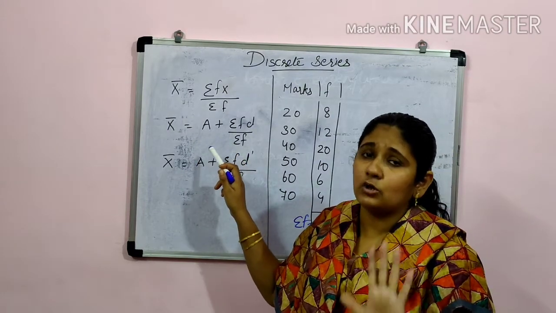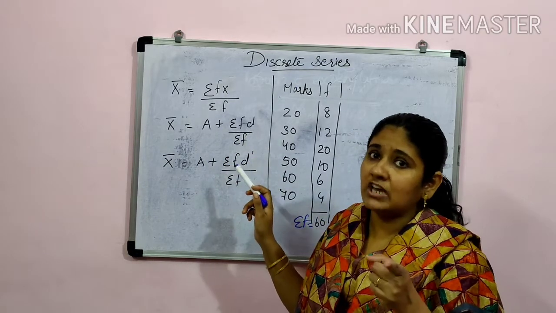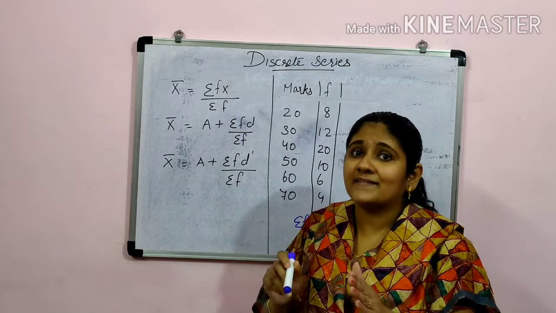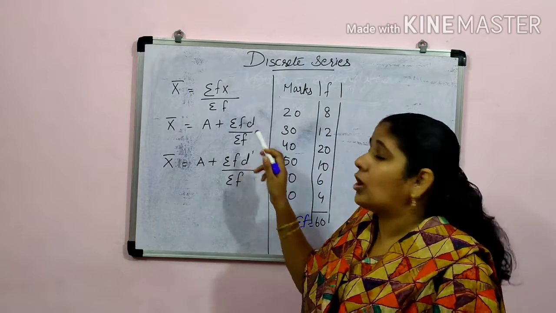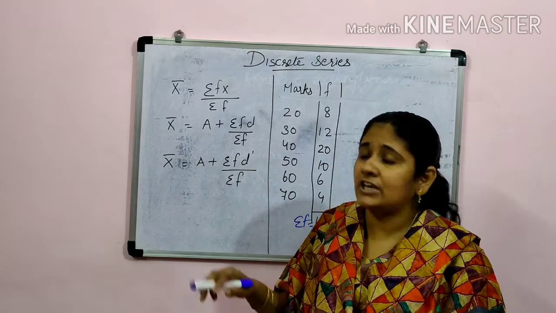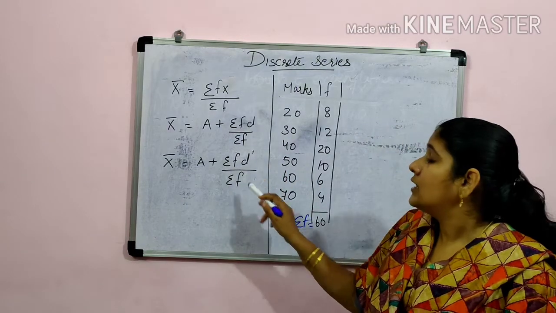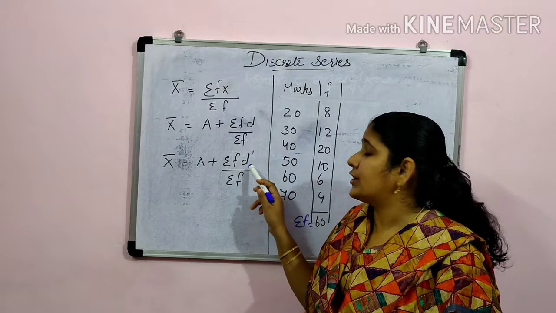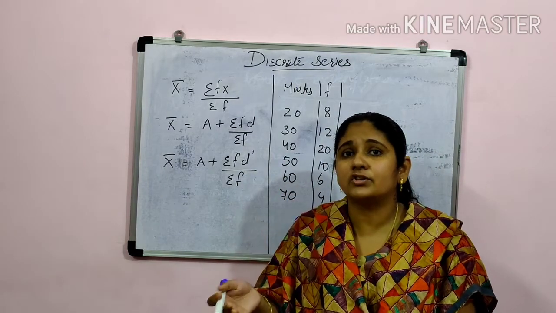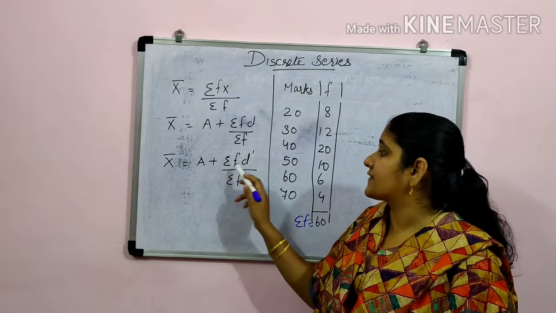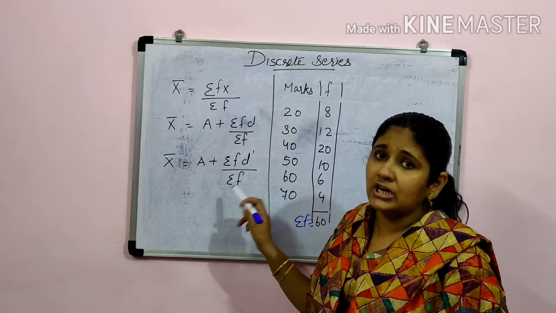Next, that is the assumed mean, a. One value we will be assuming, that is a, plus summation of fd, where the deviation, the difference between x and the assumed value, x minus a, is d. All those d values we will be multiplying with the frequency, then dividing by the total of f. Next, for the step deviation method, all the deviations d we will be dividing by one common factor, giving d dash. Then a plus summation of fd dash divided by the total frequency.